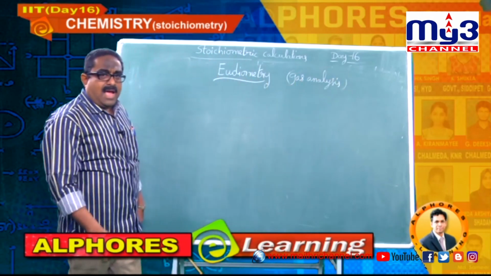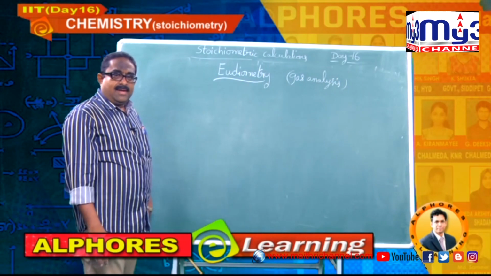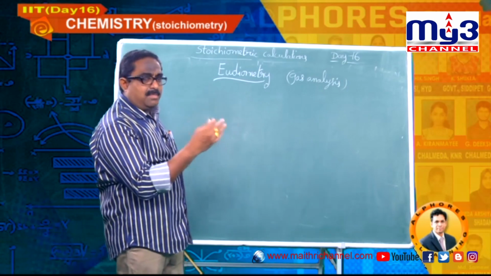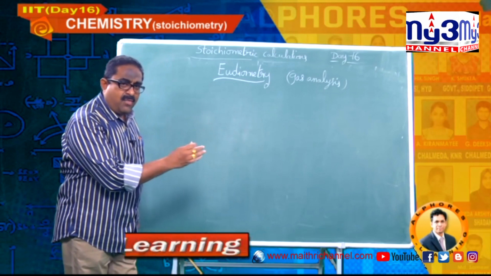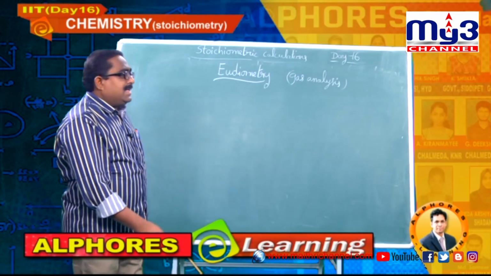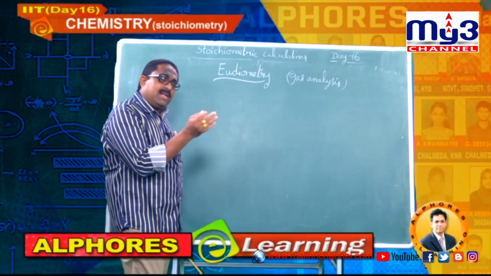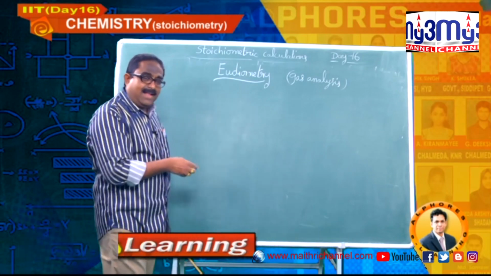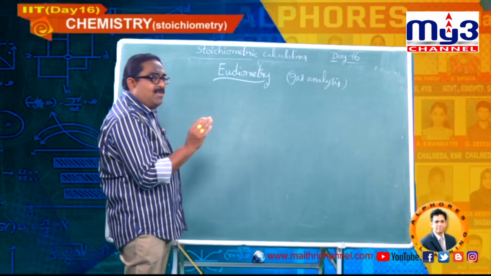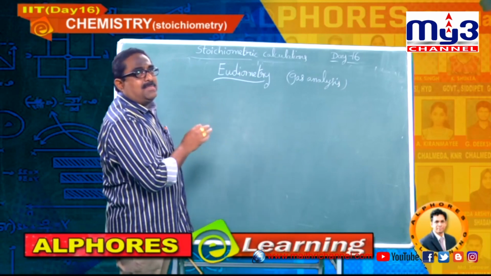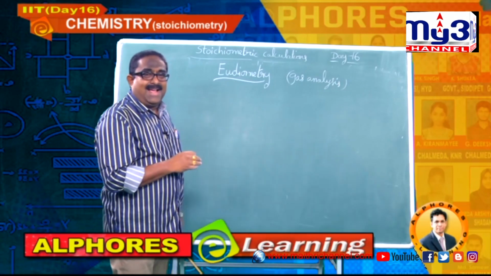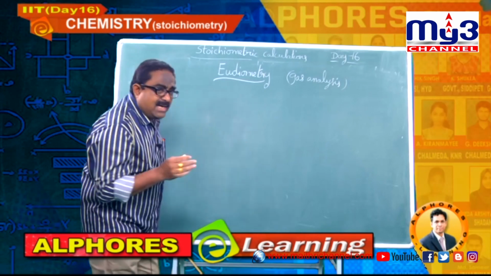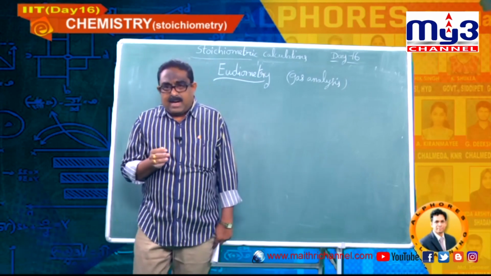If you have a mixture of gases, and you are able to measure the volumes of all the individual gases present in that mixture with the help of an iodometer tube, then that gas analysis is called iodometry, nothing more than that. It simply involves only volume calculations based on Gay-Lussac's law of combining volumes. And how these experiments are conducted and how the volumes are measured.